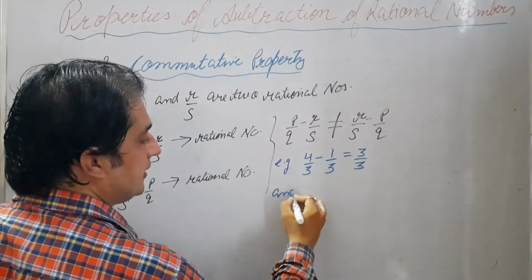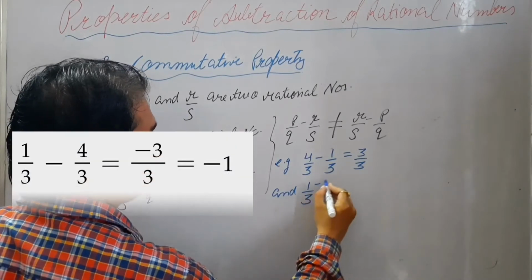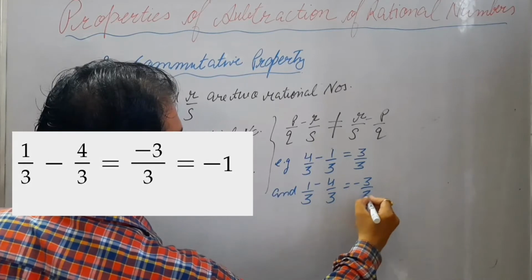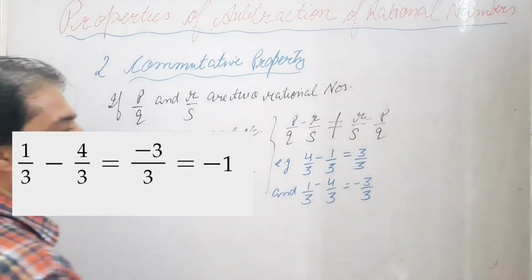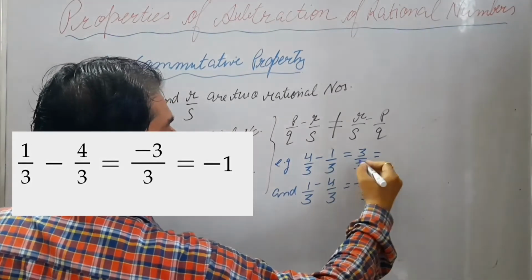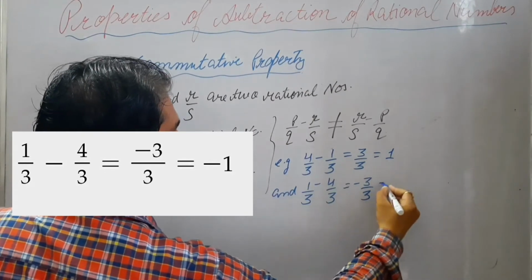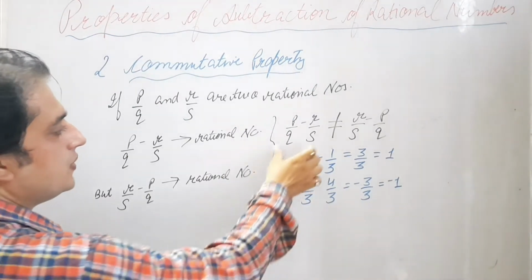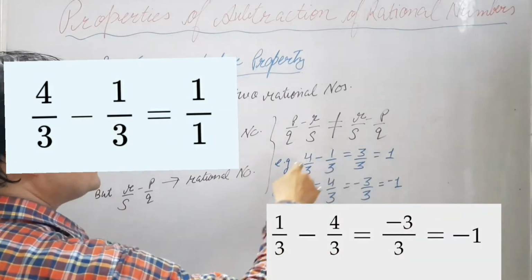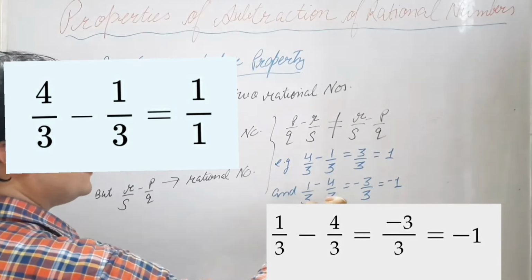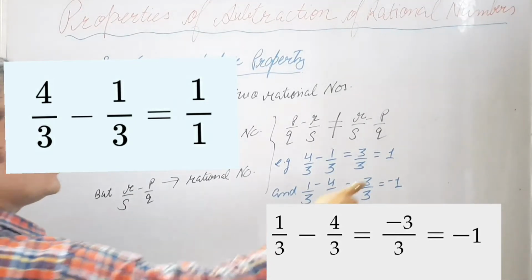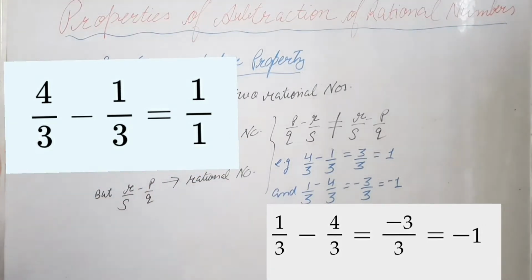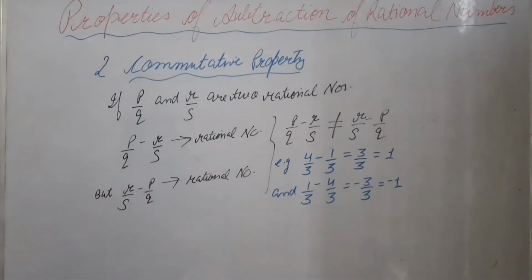And if I take this difference, 1 upon 3 minus 4 upon 3, I will get minus 3 upon 3. Minus 3 upon 3, or you can reduce it to the lowest form, it will become minus 1. See, in both these orders, either 1 by 3 subtracted from 4 by 3 or 4 by 3 subtracted from 1 by 3, the values are different. So you can say subtraction of rational number is not